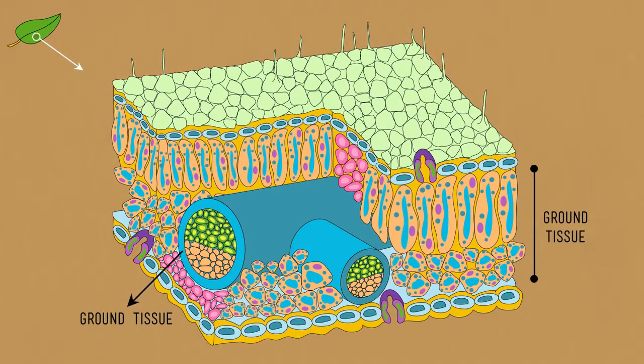I'm sure you're as excited about that as I am. Despite its name, ground tissue isn't just in the ground, and it's actually just defined as any tissue that's either not dermal or vascular. Regardless of this low billing, though, it's where the money is, and by money, I mean